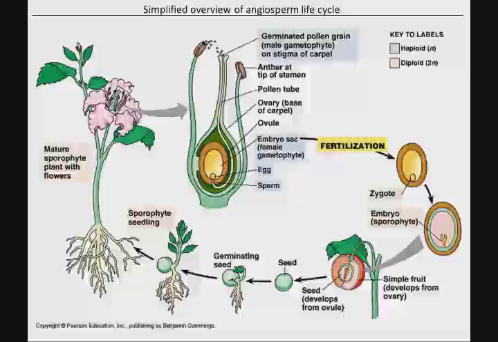In fact, the reduction is so extreme in the angiosperms that the female gametophyte is only 8 cells. So they even just call it an embryo sac here, the female gametophyte. It's only 8 cells big. So very, very small. The male gametophyte, again, is just the pollen grain. Okay? And so what we have here on the left is the mature sporophyte, and the pollen then that is